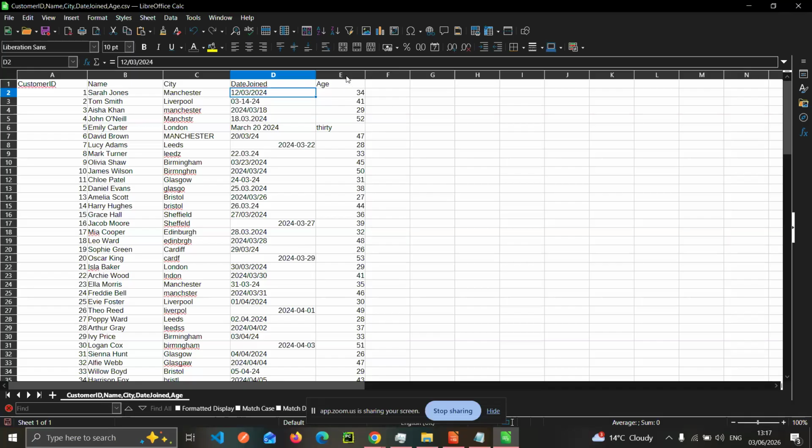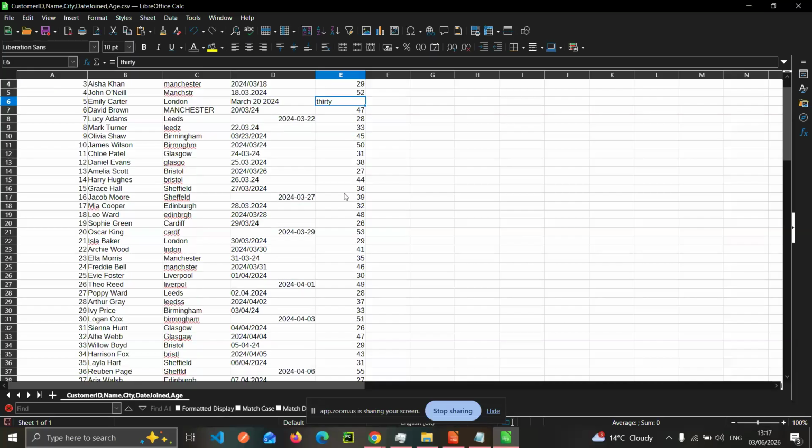Now, when you look at the age, realize that the data type for age is usually numbers, but we could see here that it consists of numbers and letters. So here it's supposed to be 30 as in the number, but it's "13 word".